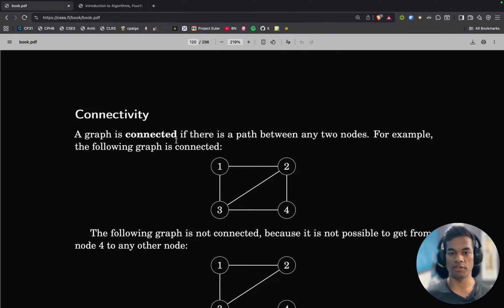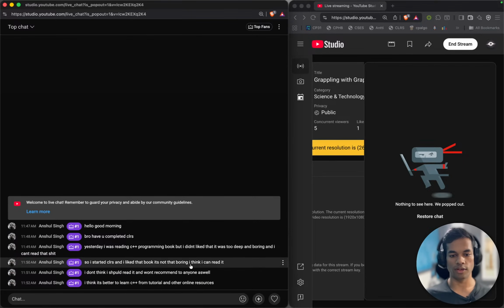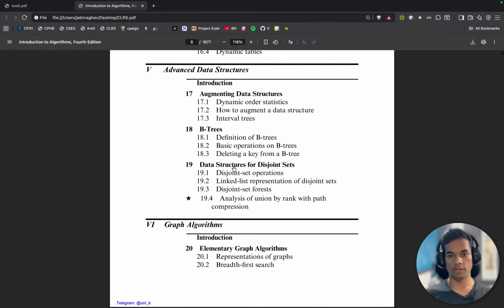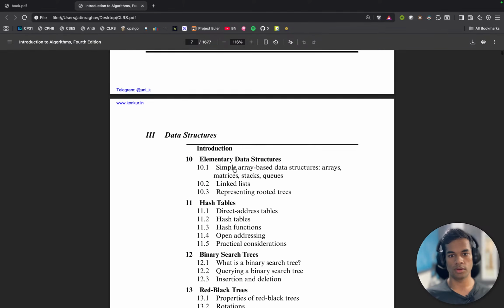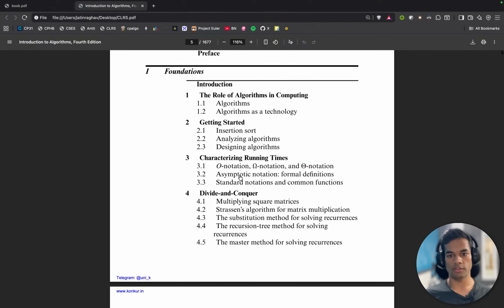Yep. CLRS is pretty cool. I think it is better to learn C++ from tutorials and online. Yes, the point is that you are just learning C++. The resource does not matter, right? And also the CLRS book. In the first few chapters, I think